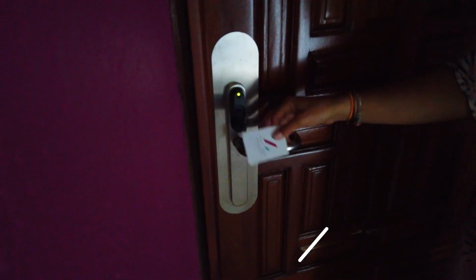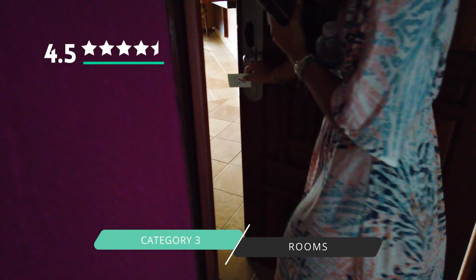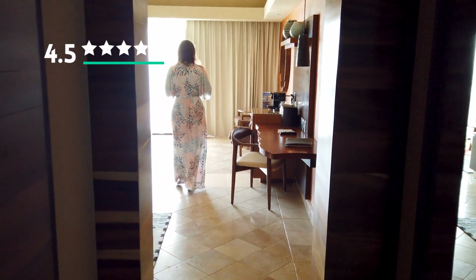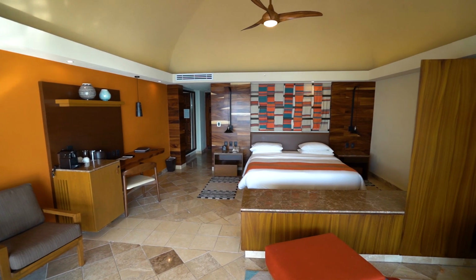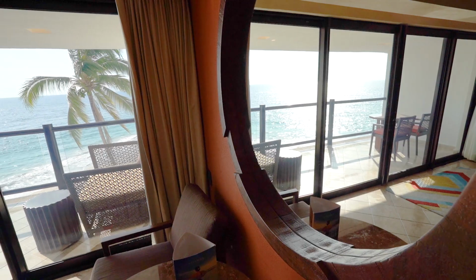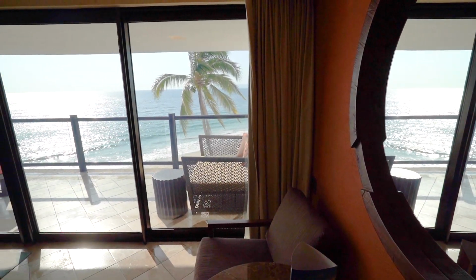Our third category is rooms. Rooms, we rate 4.5 stars. We're in the renovated club tower here today, and the rooms are absolutely stunning. They're huge. We're in an oceanfront king view room, but it's massive, and the balcony spans the entire length of the room. We've stayed at another Ziva before, the Hyatt Ziva in Cabo, and the rooms here are on a